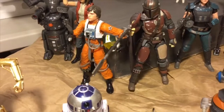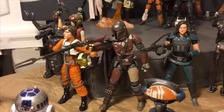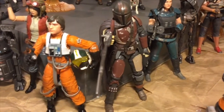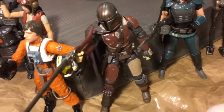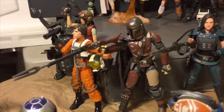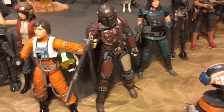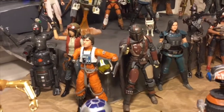I went with the Mandalorian figure. Really cool figure. Absolutely awesome figure. Comes with 2 weapons. Love the design. Yeah, he may be a bit like Boba Fett, but I just really love this character, and I think he is absolutely awesome. So that's why I went with the Mandalorian for my number 7 figure for 2019 in the Black Series line, guys. Number 6,